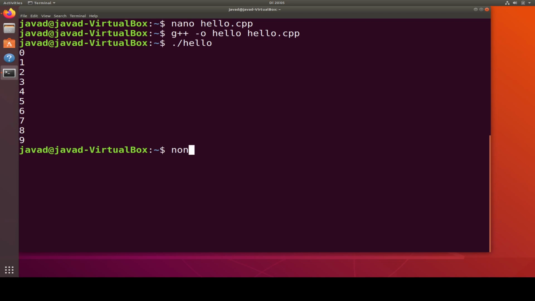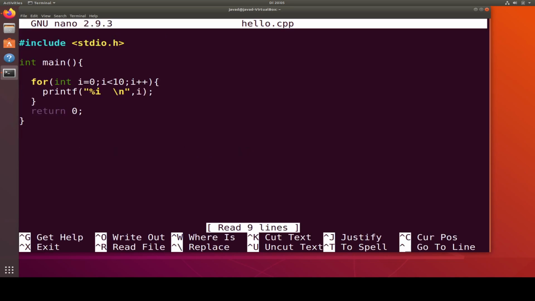Again, I open my hello.cpp, and now I should add the directives for OpenMP. First of all, we use the include omp.h as header file. Now I want to add pragma to my for. I want to parallelize this for loop. This way, I write pragma omp parallel for. Now this for will be parallelized just with adding some